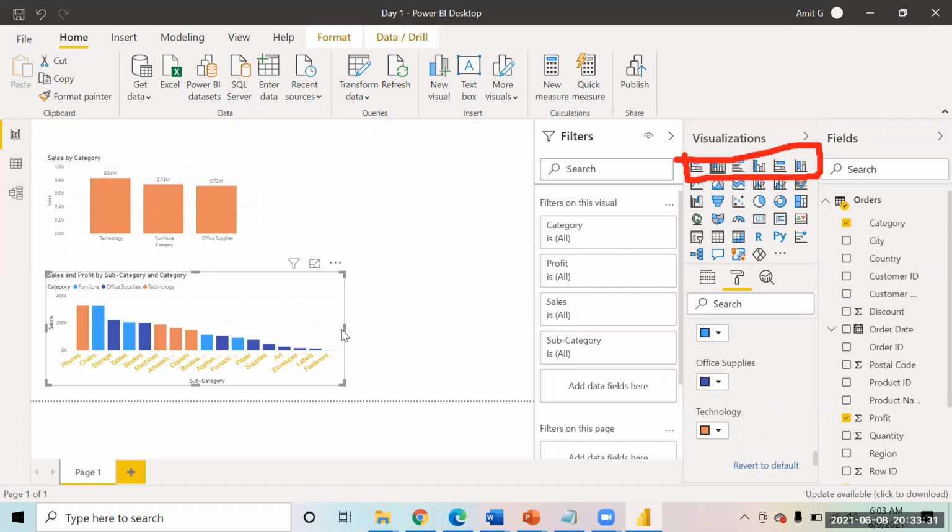For symbols, you might find some color codes, but when you create a chart, such as a pie chart, you will not find any predefined color code, because it depends on what you're trying to show. Here I'm showing categories, and categories are the main information I'm trying to display. So I will have to connect with the company. For example, if it is furniture, we can use a brownish shade, because that signals furniture. For office supplies we can use some grayish or light color. Same way for technology. It totally depends on what type of information we are trying to display.